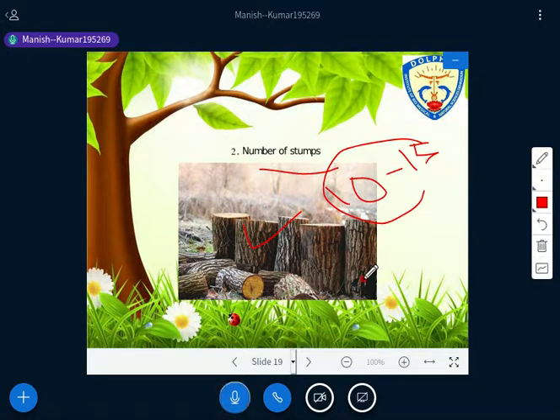Otherwise there is no use of doing any kind of analysis. Then you can generalize. If you get the same space with the same site quality, we can replicate the result there itself. We can apply the result that you are getting on one side to the other side also. So that's why we need at least 10 to 15 stumps for accurate stump analysis. I hope all of you have understood this part also.